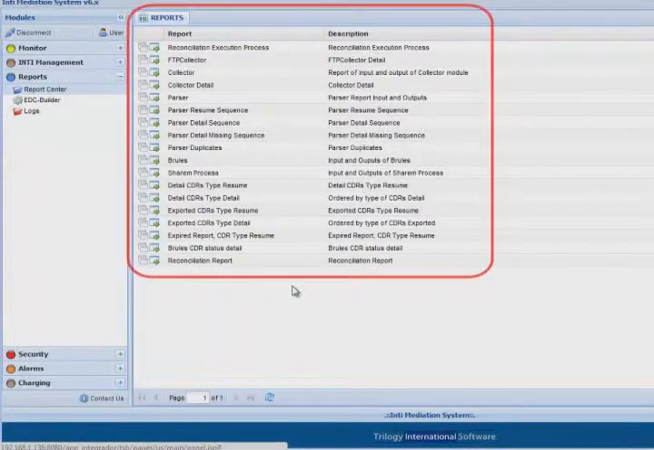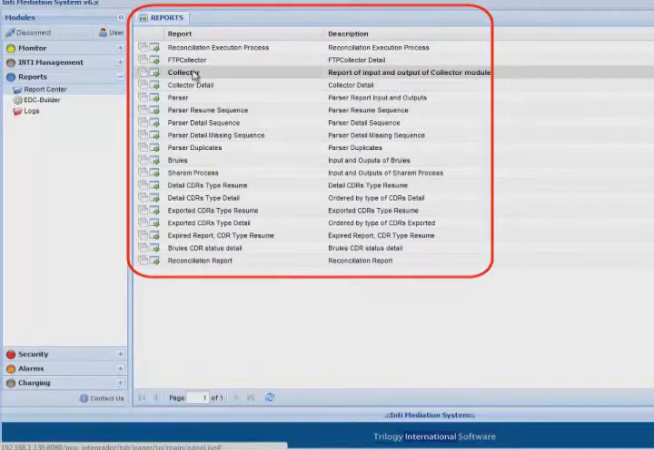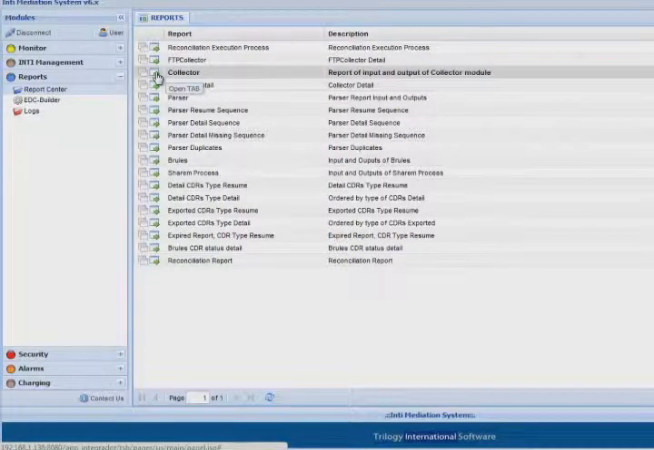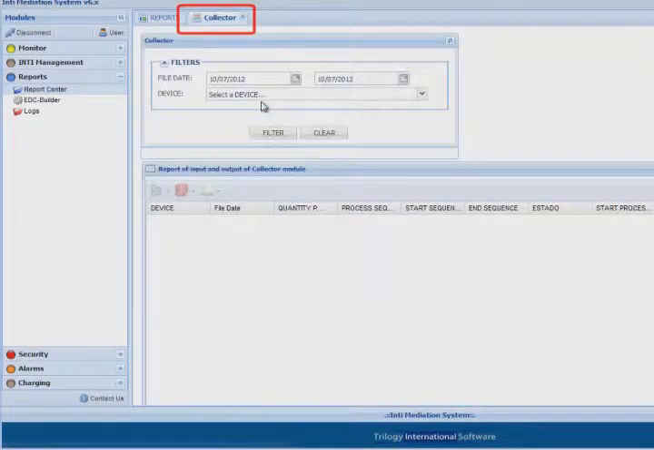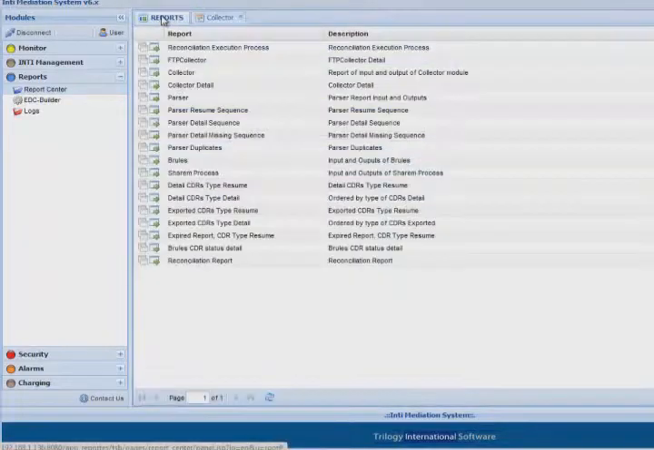INTI Mediation System has a report control module that gives you the possibility to have control of each process, a summary of all the data processed, and the tracking of each CDR. The report page can be deployed as a new tab on the container of the grid report or opened into a new